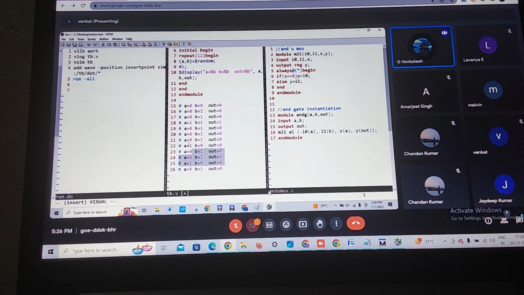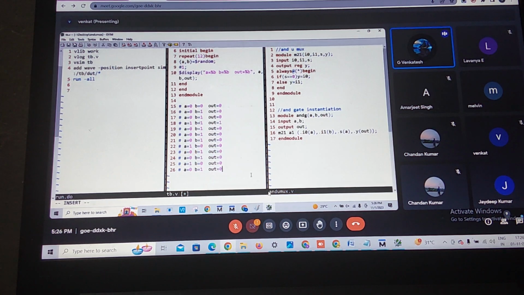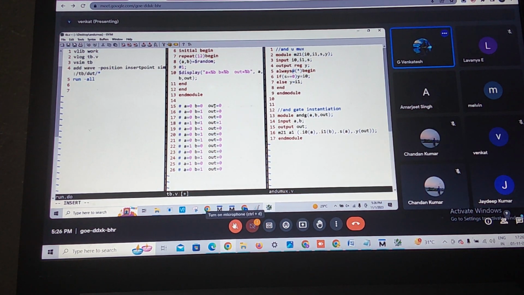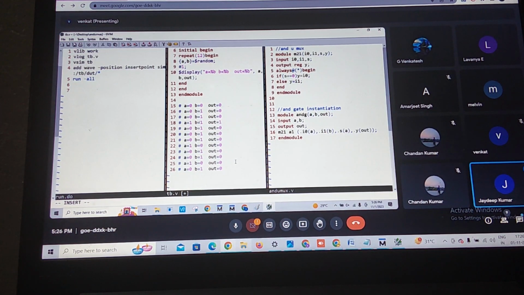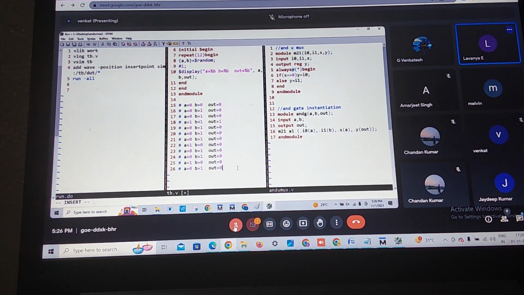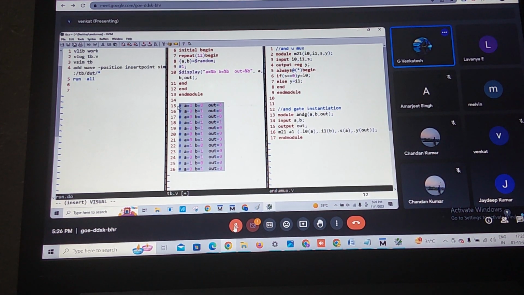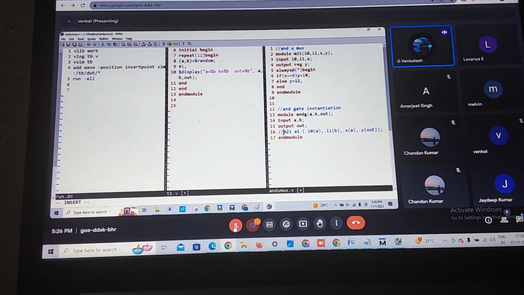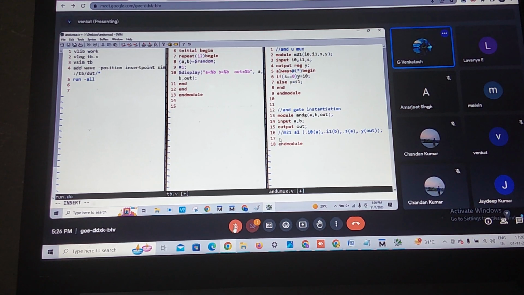Same as you people do. What about online people? Do you understand the output? I kept it in the GDM. Yes, sir. Lavanya. Yes, sir. Tell me right now. Just I will delete. How will I do this one? This is the AND gate now. I will do OR gate here only. How will I do it?